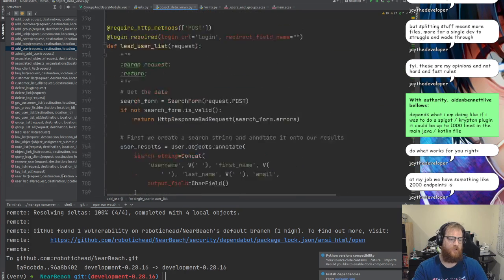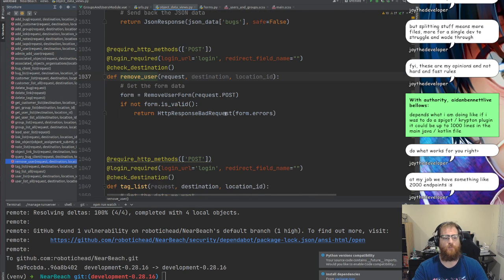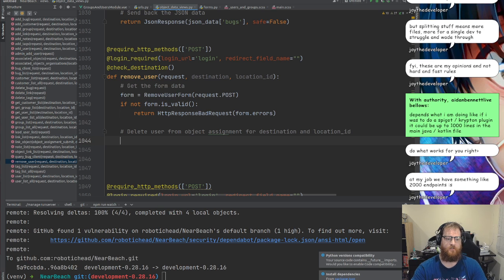So, going back down here. Not tag all. No, remove user. All right. So what we've got to do: delete all object, delete user from for destination and location IDs. Pretty simple. So what we want to do is we want to